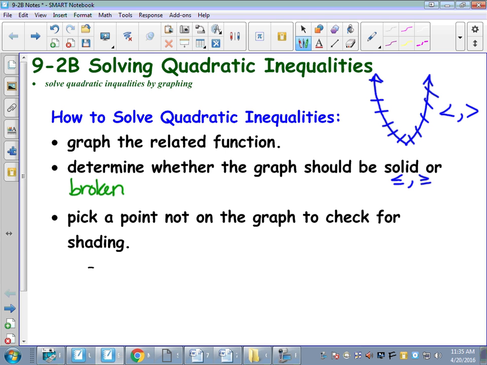You're going to pick a point not on the graph to check for shading. 0, 0. Okay, not always. You can only use 0, 0 if it's not on the graph. And then we always shade true. And so that's the extra 2 things we have to do. We have to break or not to break. Rather than saying shade above or below a line,